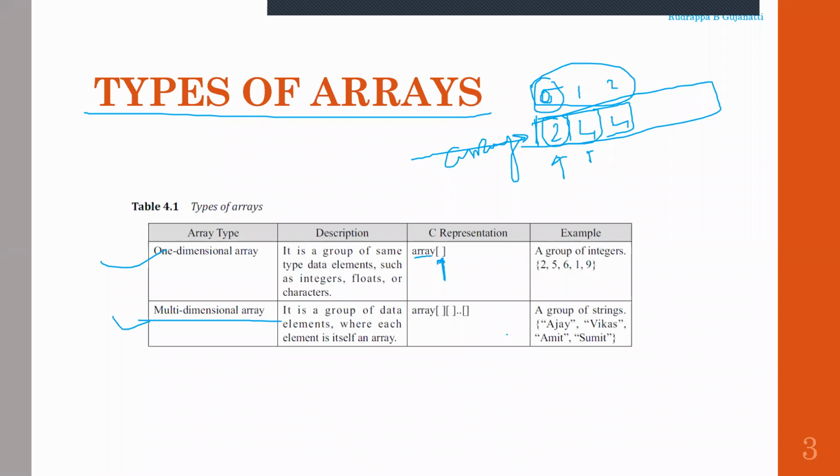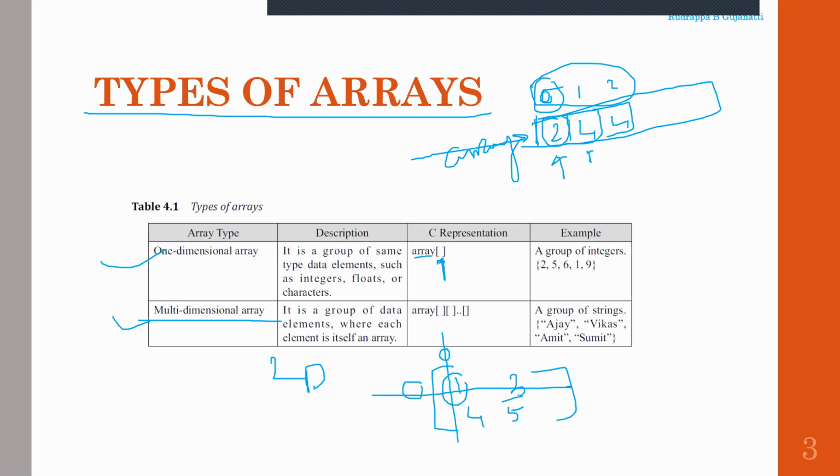If it is two dimensional, which is nothing but a matrix, I have some numbers stored here. Now if I want to access a number, I have to specify in which row and which column it is. So here I require two index values, one to identify the row, one to identify the column.